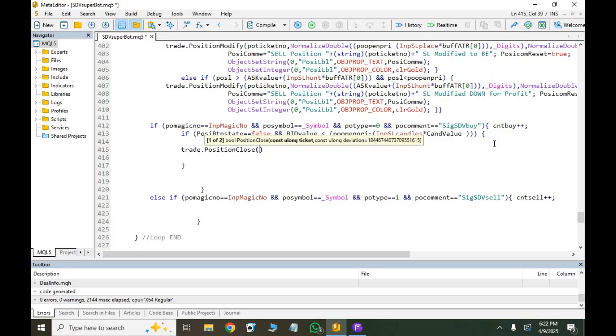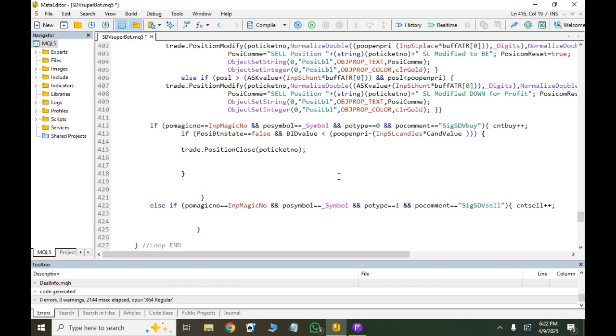Position close, ulong ticket. The ticket number comes from this ticket number variable. So here I set trade dot position close with this ticket number. So the position with this ticket number gets closed, and we set the details for this Posicome,